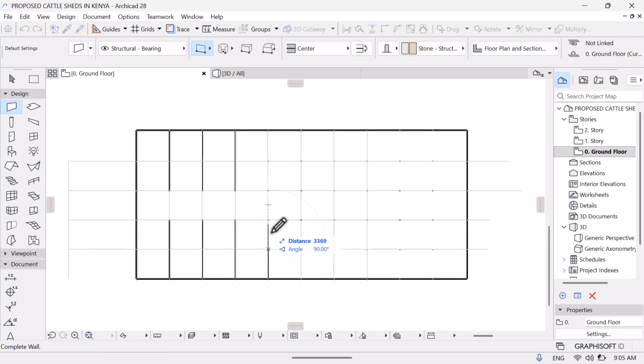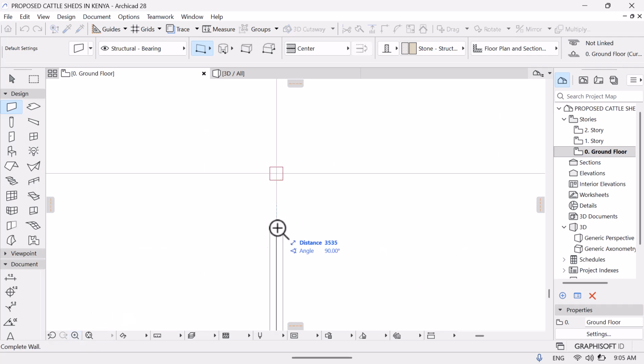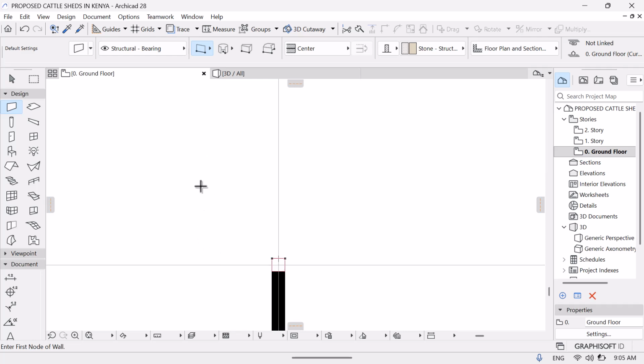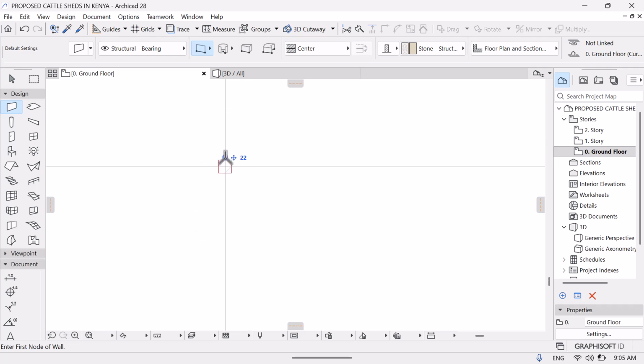Select that. Zoom in. Then you tap that. No. This bit is the veranda. So we go to this other side where the column is starting, and zoom out,